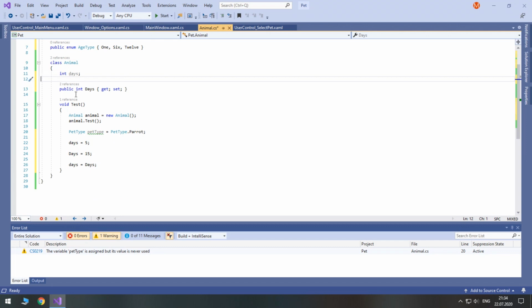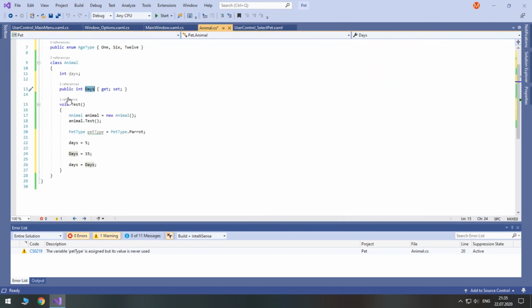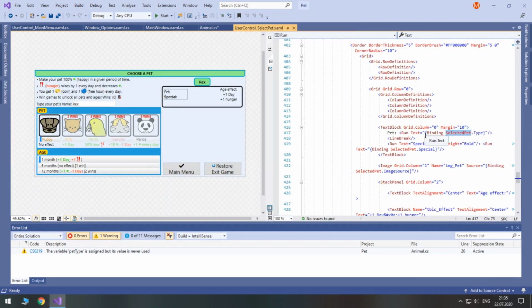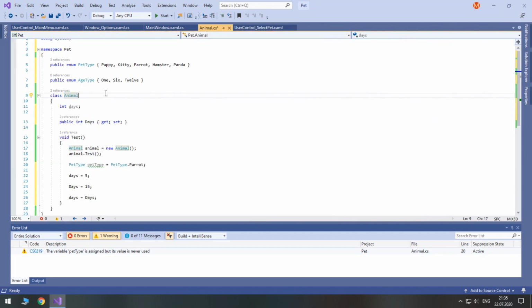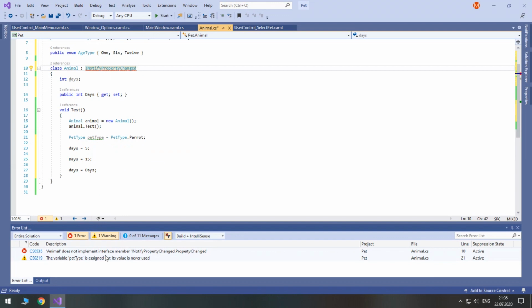And in some cases, you absolutely need to use properties. In cases with binding, you can bind to properties, not variables. That's why we are looking at them now. By default, binding will work only once. So you set some value from the start, for instance 5, and then binding will not refresh the value, even if you change it. In order to fix this, we need to derive from the interface called INotifyPropertyChanged, and you need to implement the interface.